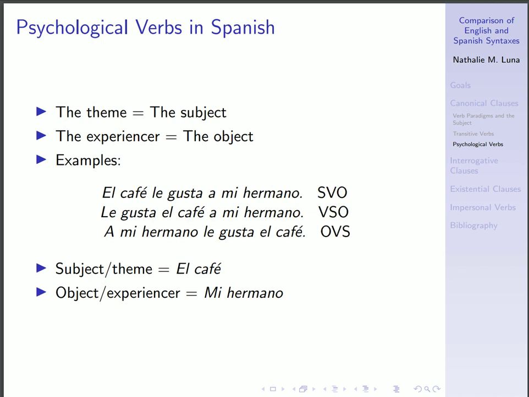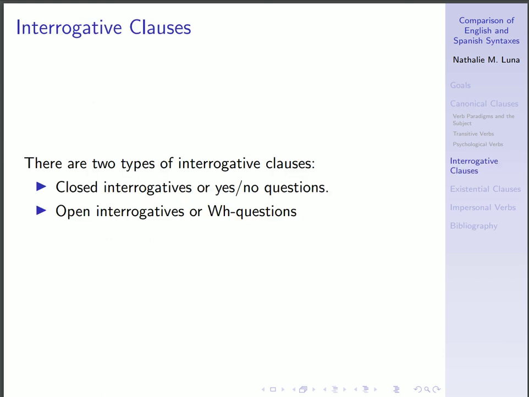So what's going on is, in the first sentence, it has a subject, verb, object word order. The second one has a verb, subject, object order. And in the third one, it has an object, verb, subject word order. Alrighty, so